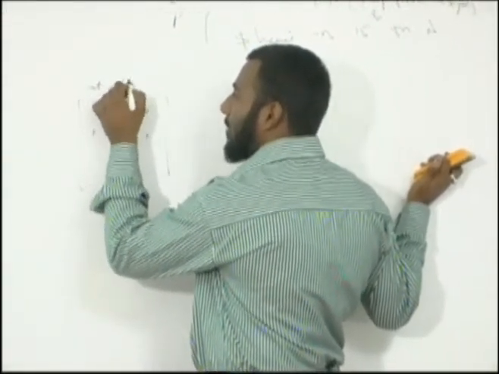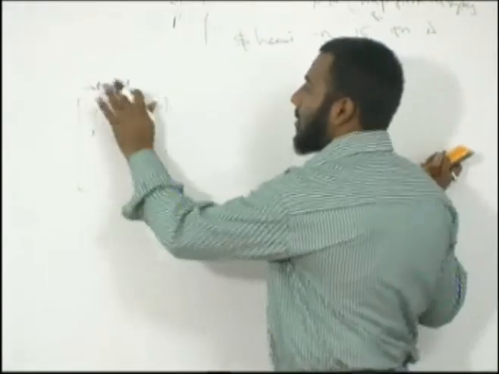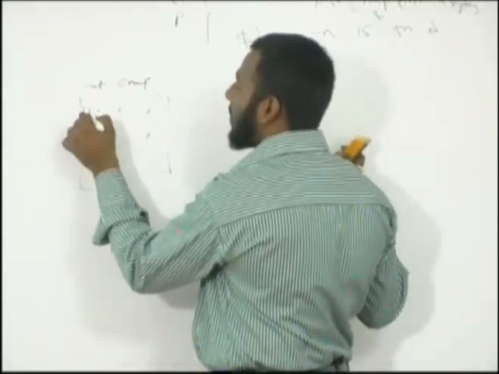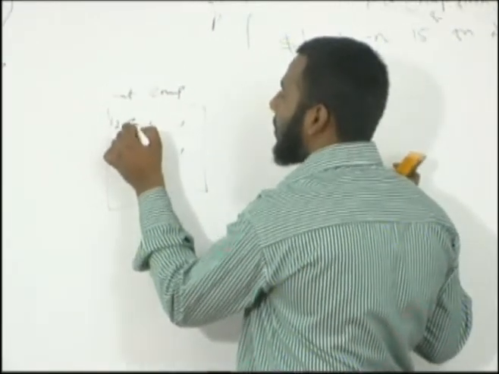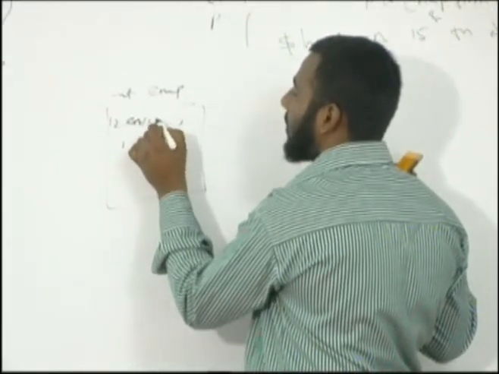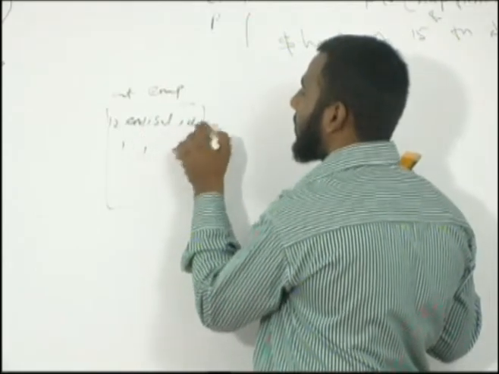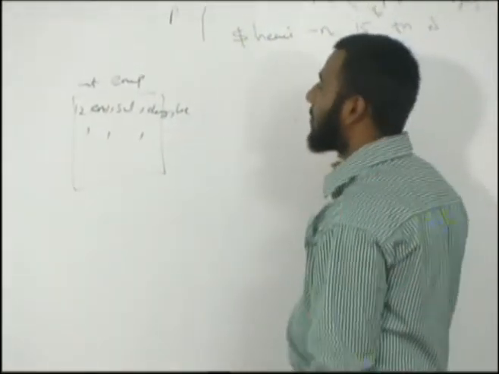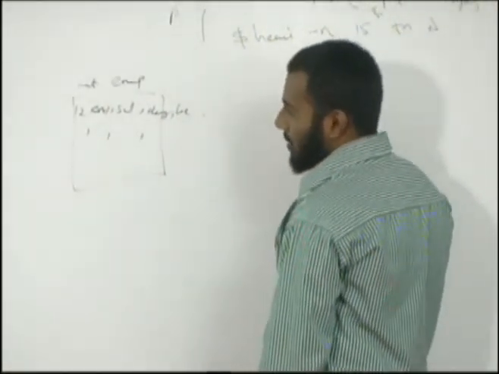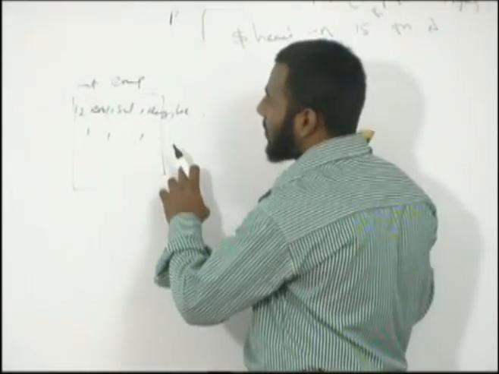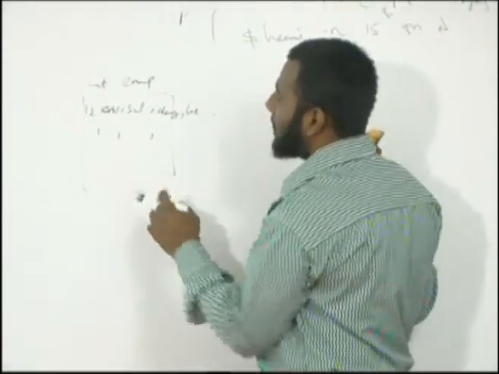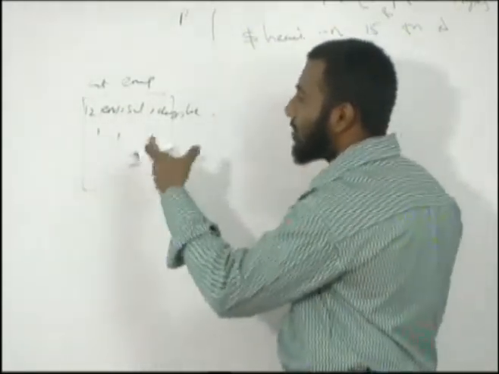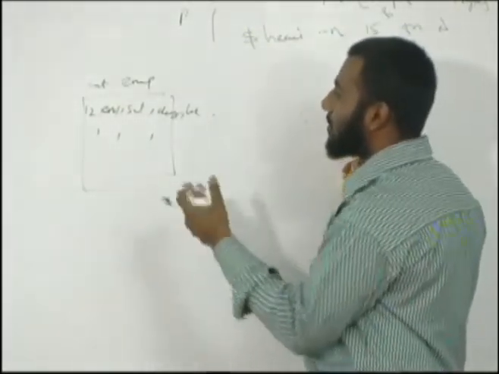Suppose I display the contents of this file, cat emp, suppose this is the name of the file, called emp, and it has employee number, employee name, employee salary, designation and location, for example. These are the things present in this emp file, and I'm not interested in seeing the location or employee name. I'm interested in seeing only employee ID, salary, and designation. That's all. Then how can I do such manipulations with the help of the cut command?